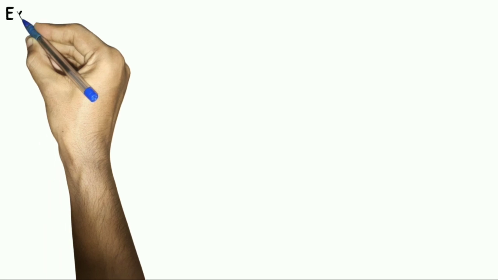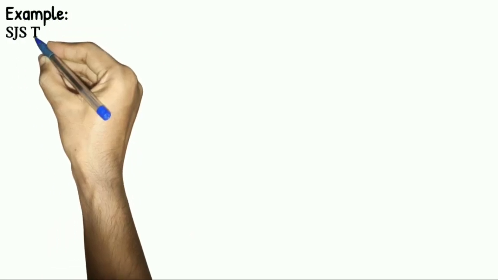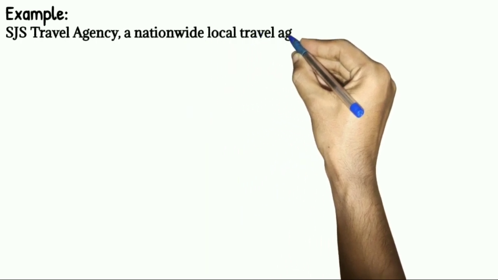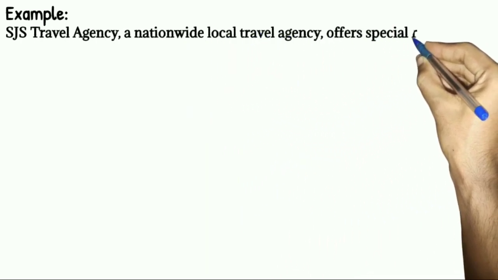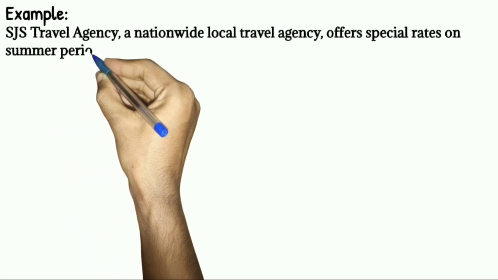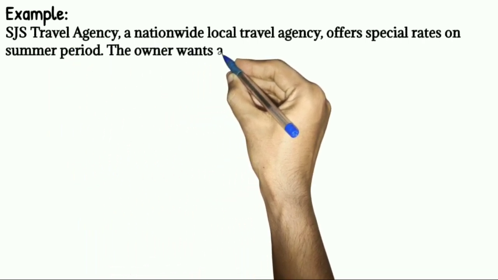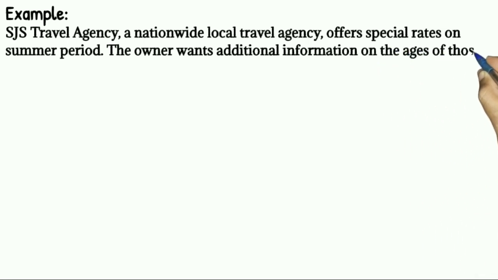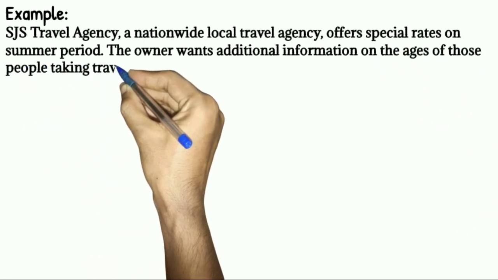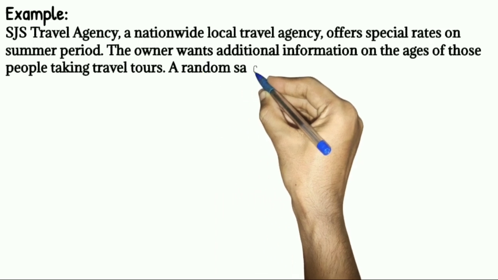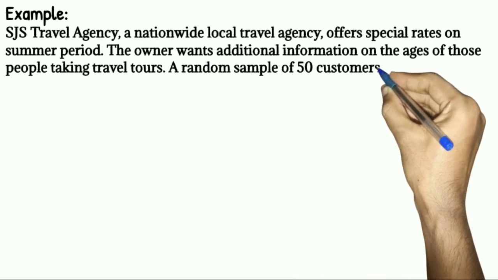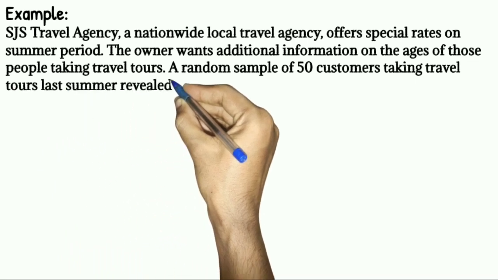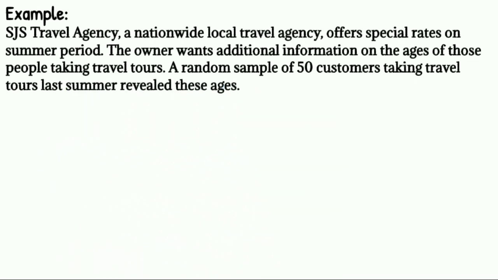Okay, let's now have an example. SJS Travel Agency, a nationwide local travel agency, offers special rates on summer period. The owner wants additional information on the ages of those people taking travel tours. A random sample of 50 customers taking travel tours last summer revealed these ages: